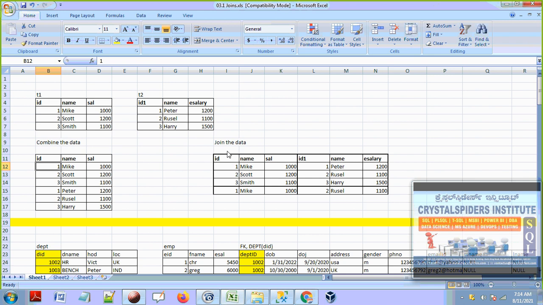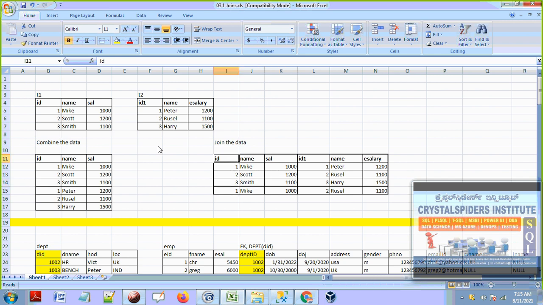And here, when I say joining the data, see this record is going to join with this record, and this record is joining with this record, and this record is joined with this record. Or else this record is joined with this record. Just assume, guys, later we will discuss how these records are joined. But let's understand the meaning of join.